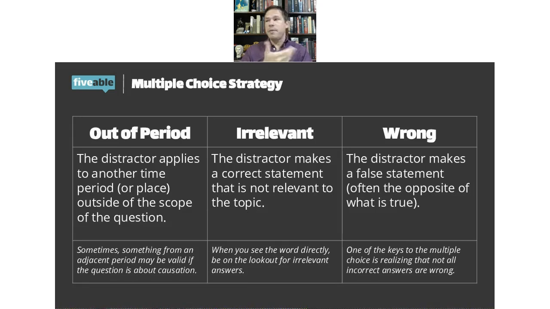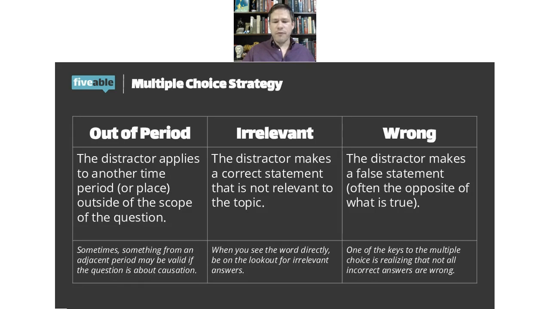Now, another thing that I want to note is that sometimes out of place can also be something a student can look for. This may be at the same time, but it was something applicable to New England rather than the South. So sometimes I'll tell students out of period or out of place, but out of period is really the one they need to be looking for, that it is not applicable to this time period and typically in another century.